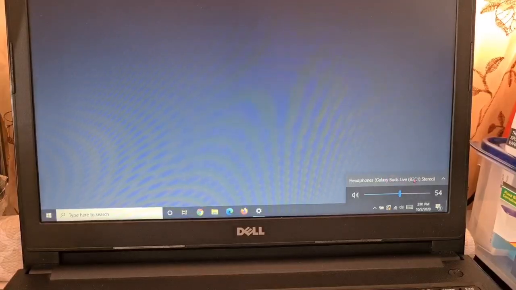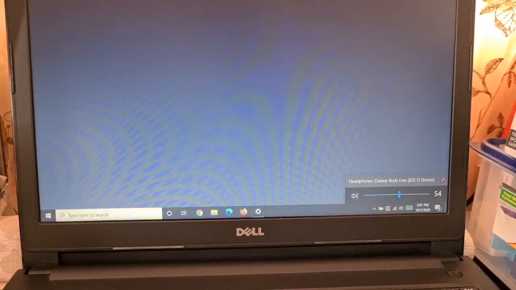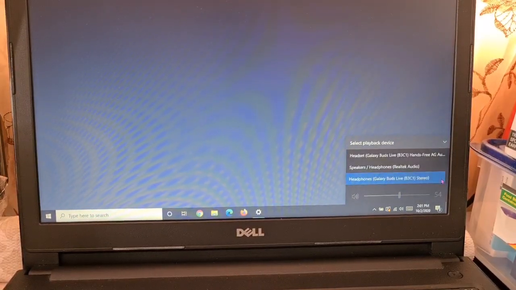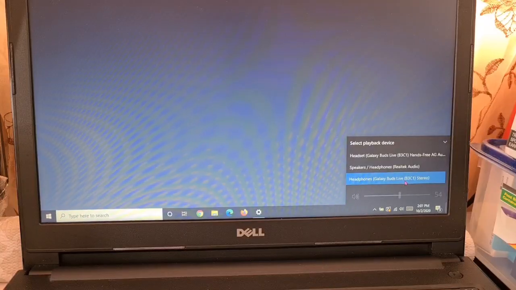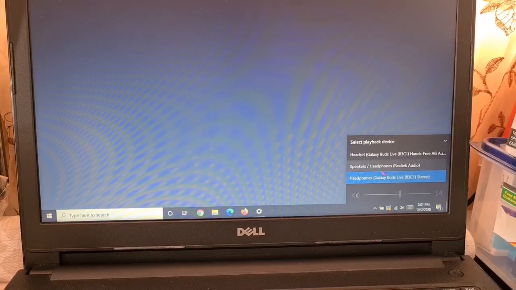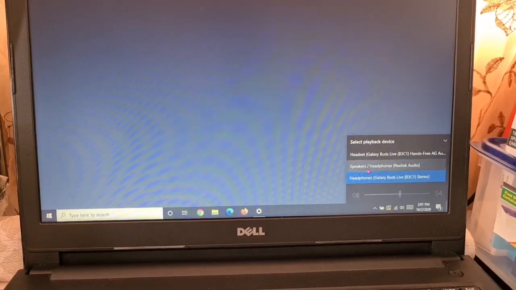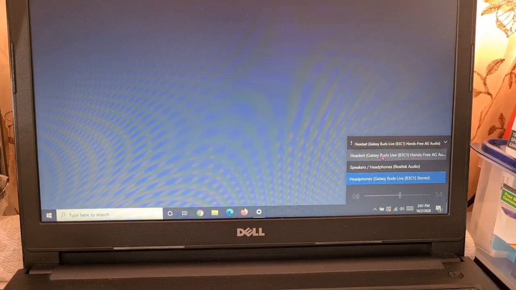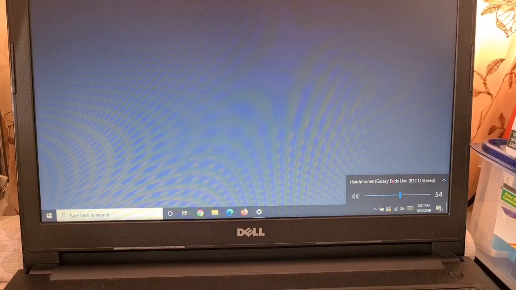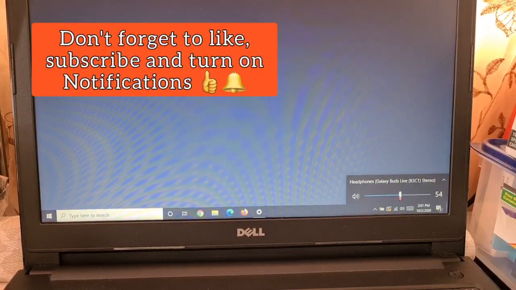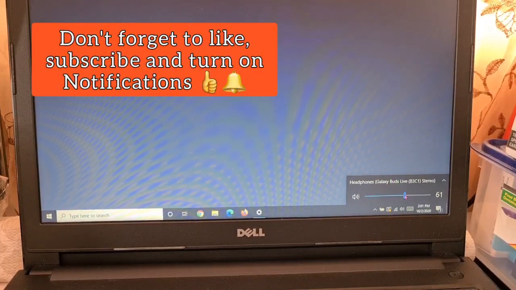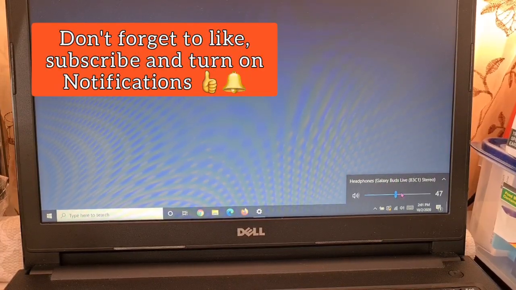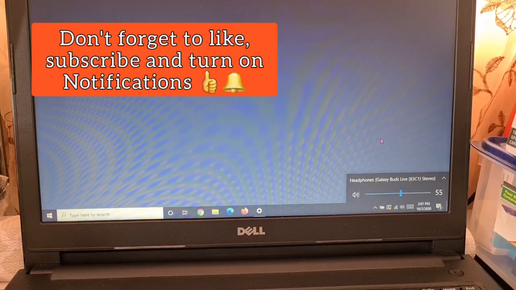If you click on that once where the arrow is, you can actually see access to other speaker devices available, which you can toggle between, and you can have it set to play through your computer speakers or go back to the Galaxy Buds Live earbuds. And you can always go back and make those changes, and you can use the volume adjuster here to adjust the volume and also test out to see if it's coming out from the Galaxy Buds